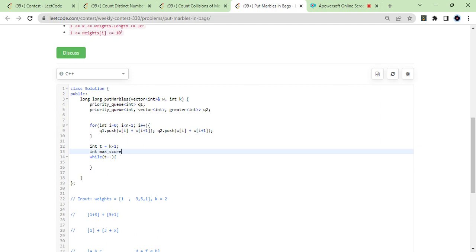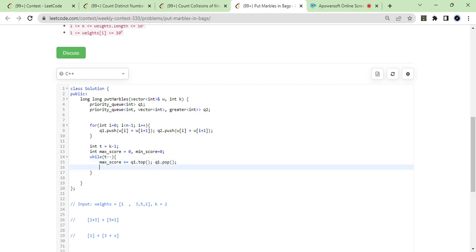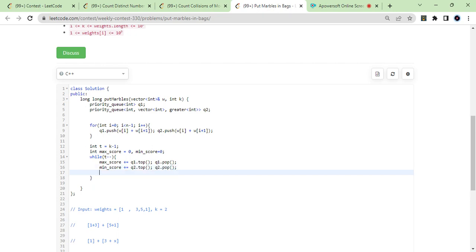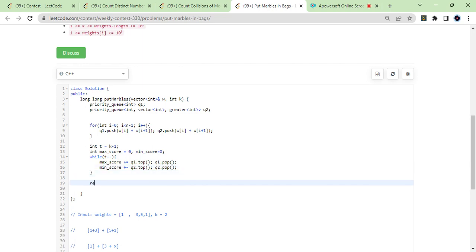Max score equals min score equals 0, and max score plus equal to q1 dot top, then pop, min score plus equal to q2 top, pop. After this, you need to return